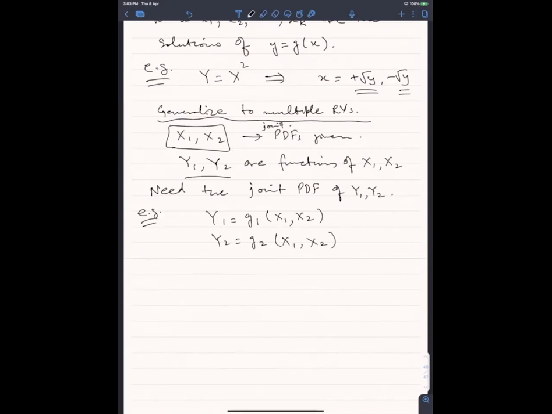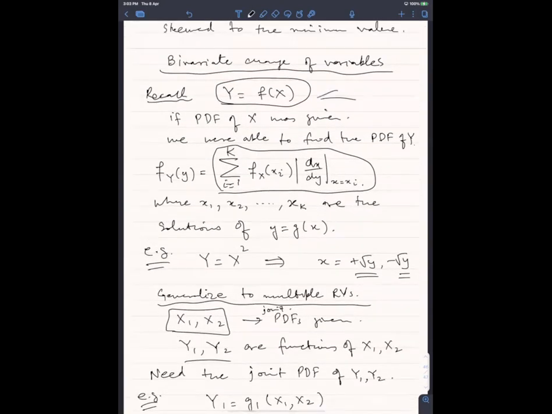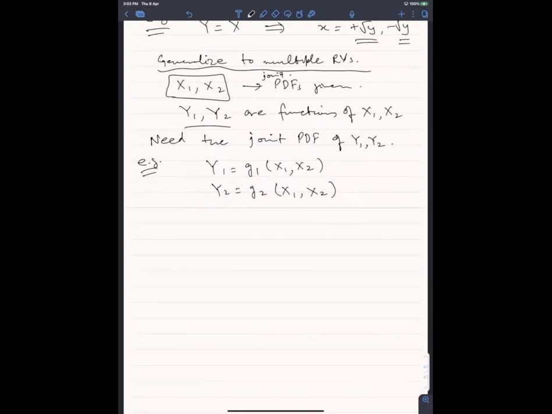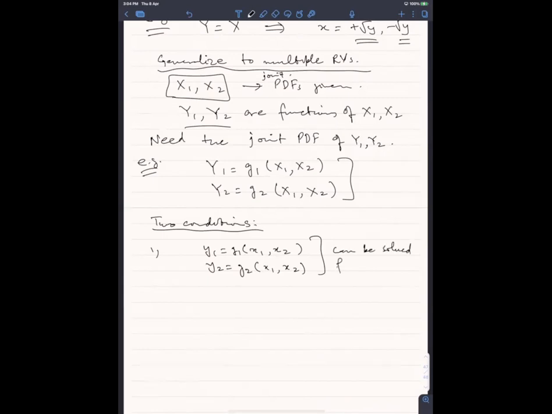वो भी x1 x2 का फंक्शन है, ये भी x1 x2 का फंक्शन है। ये सिंपल जनरलाइजेशन है इस एक्सप्रेशन की जिसमें y was a function of x। Here you have two y's, each of those is a function of x1 and x2। So I can write it as, if we can satisfy the following two conditions, ठीक है, ये हमारे पास two conditions है, तो फिर हम ये ट्रांसफॉर्मेशन कर सकते हैं। अगर ये दो कंडीशंस हमारी सेटिस्फाई होती हैं तो हम ट्रांसफॉर्मेशन कर सकते हैं। नंबर 1 कि y1 is equal to g1 x1 x2, एक ये एक्सप्रेशन है, दूसरा y2 is equal to g2 of x1 x2। These equations are invertible, okay, can be solved for x1 and x2, such that x1 is equal to h1 of y1 y2 and x2 is equal to h2 of y1 y2।